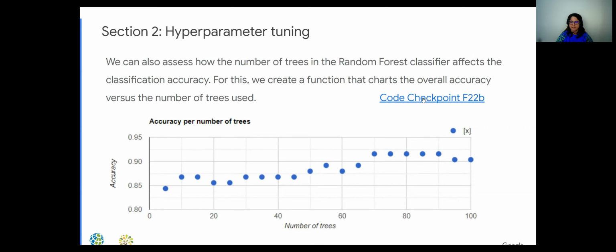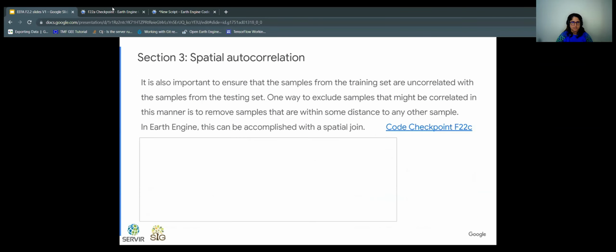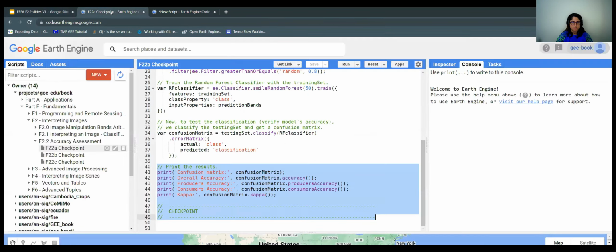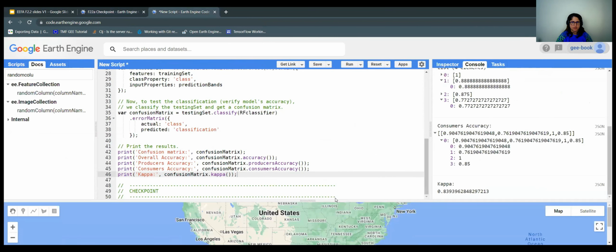So in this code that we have here, checkpoint F2.2b, we create a function that charts the overall accuracy versus the numbers of trees used. So the output of this code here is this nice chart. So let's go ahead and open this. So I'll change scripts. I'll go to F2.2b. While that loads, I'll just